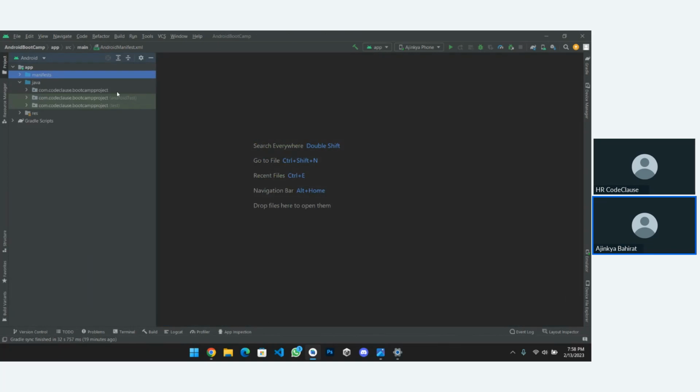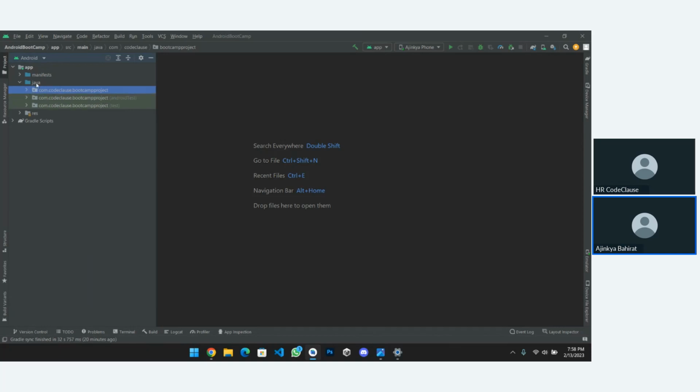Then go to our next folder, java. Here you can see our package name, com.codeclause.bootcampproject. The first one was created by ourselves, and these two, in light green shade, are created and managed by Android Studio itself. While developing our application, we're just working on the part which we created.